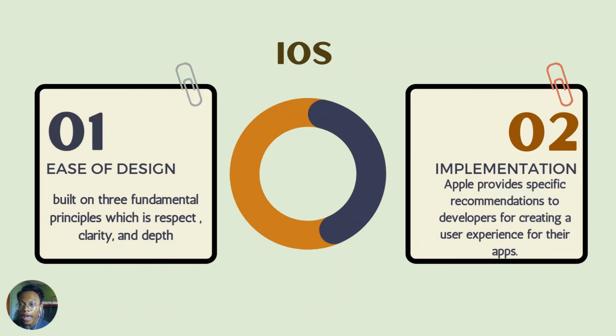On the one hand, having a smartphone that runs such an isolated OS is problematic for users, as a file transfer from one device to another may be challenging. Working with this family of operating systems, on the other hand, allows developers to build for an entire ecosystem of devices rather than just a certain phone. Apple provides specific recommendations to developers for creating a user experience for their apps. While this technique may be restrictive for some, it often ensures an amazing user experience.